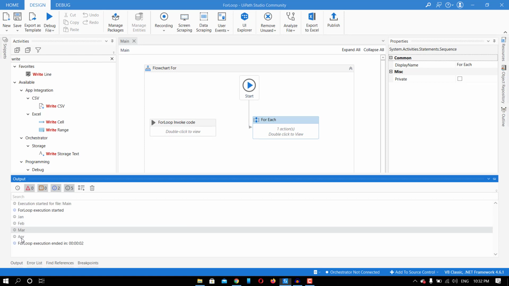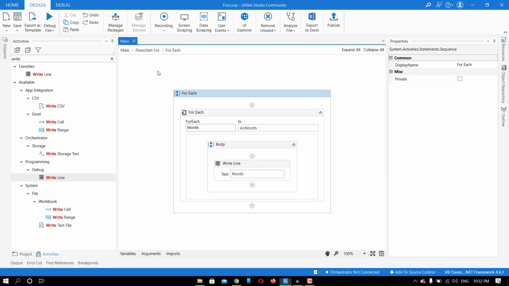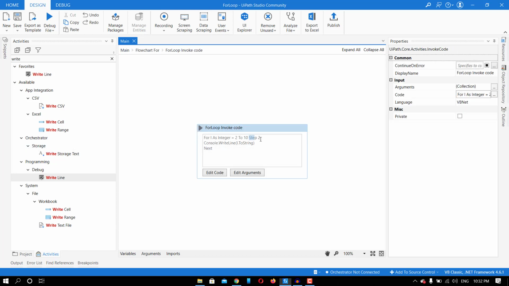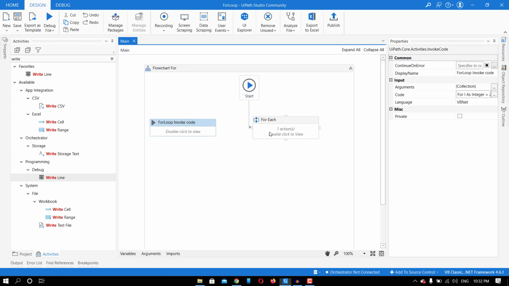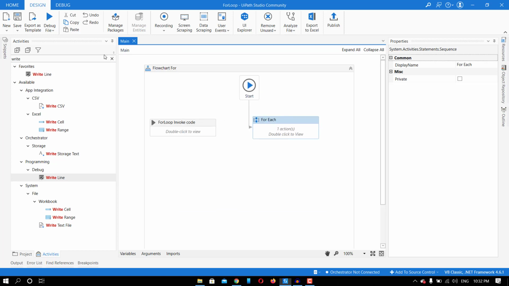So here there is no option to do the increment like in the for loop where we do the increment of 2, 3, like that. Here it will perform the operation on each object of that array one by one. Okay, so in the same way, let me give you another example for integer value.